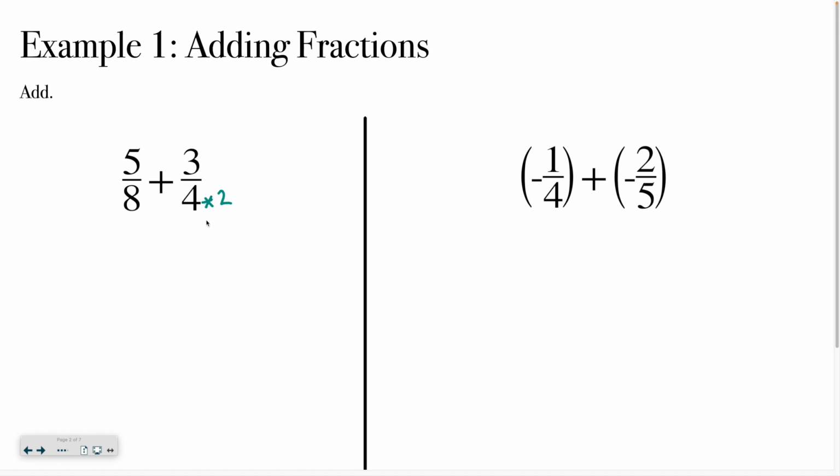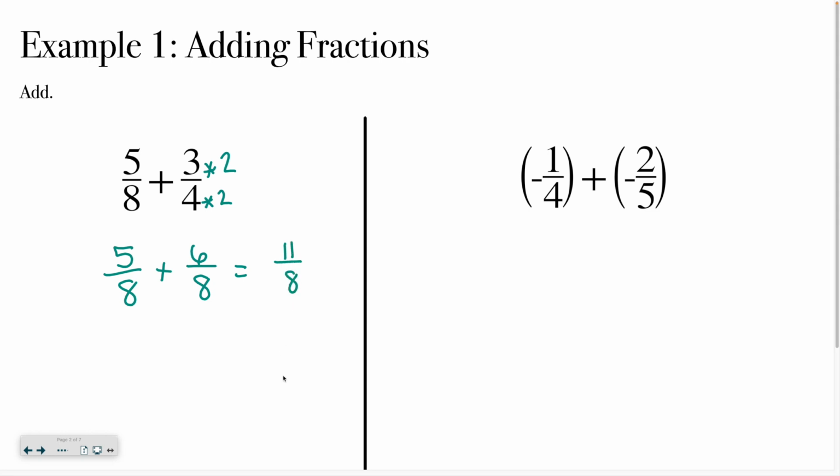But if I multiply the bottom by 2, I also have to multiply the top by 2. In math, things do not like to get left out. If you do something to one thing, chances are you're having to do it to another number. Now I still have that 5/8 because I haven't multiplied it by anything. But then my 3/4 becomes 3 times 2, which is 6 on top, and 4 times 2, which is 8 on the bottom. From here, now it's just like yesterday, where 5/8 plus 6/8 would be 11/8,